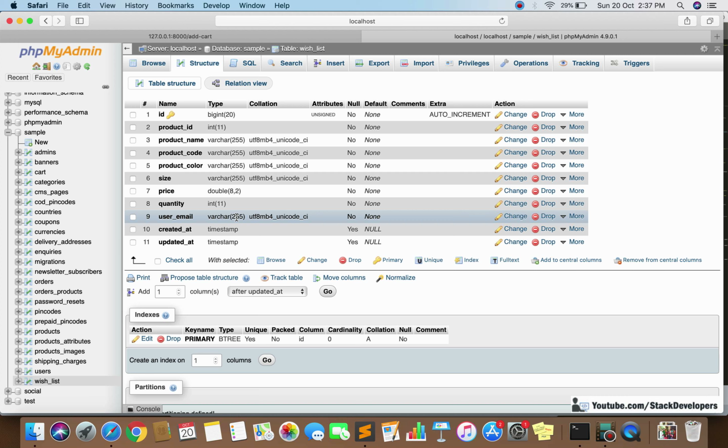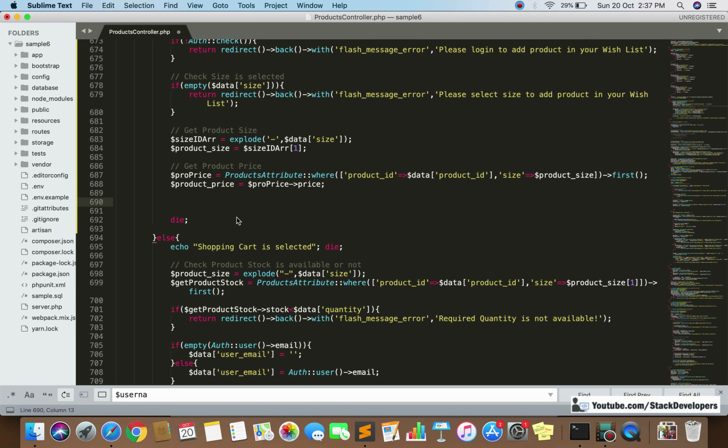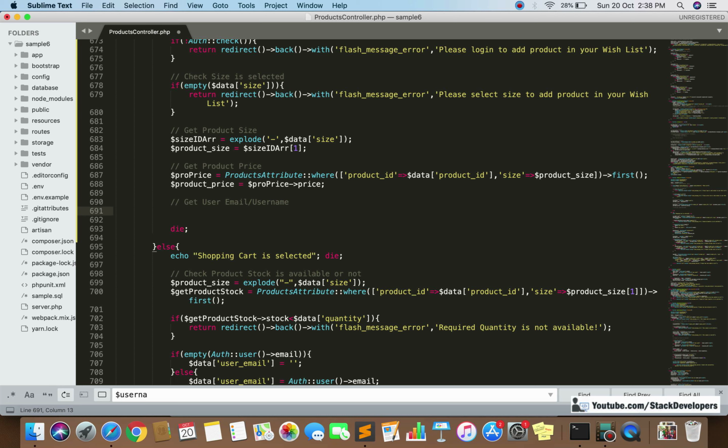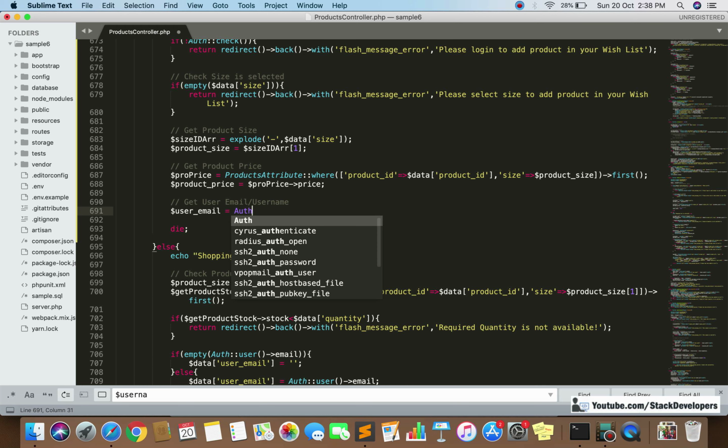The username or user email is unique for all the users. So we are going to compare and add this one. Here I will do it like this: get user email, or we can say username, one and the same thing. And we can get $user email equal to from auth